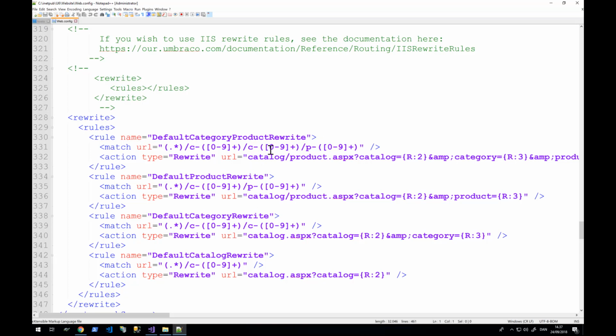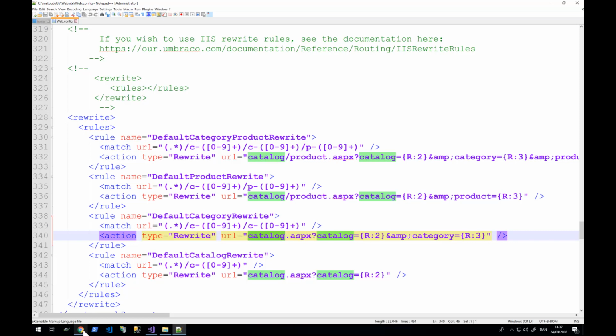And in this case, it's a category and a product page. So we have something called catalog/product, catalog/product, and catalog. So the 2 rewrite rules up here are for product pages, and the one down here is for the category page. It's trying to redirect to catalog.aspx and